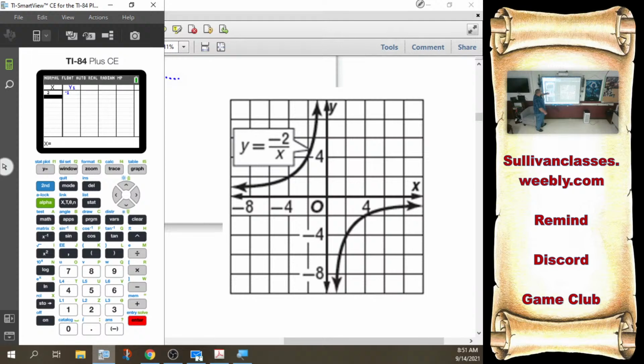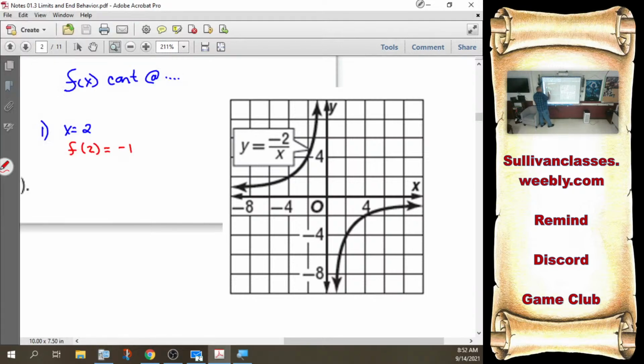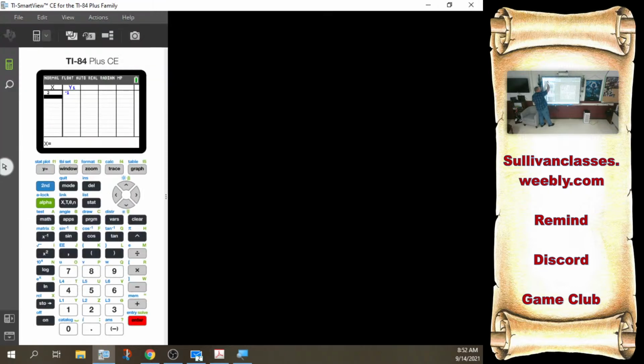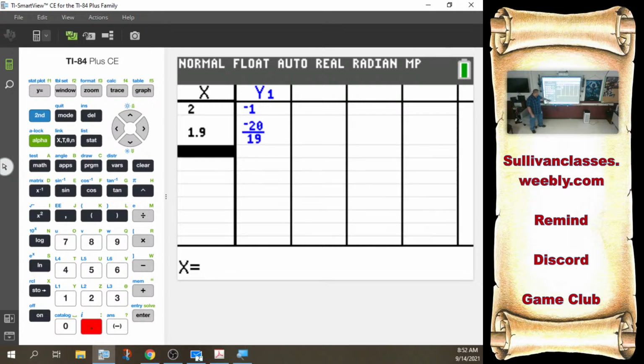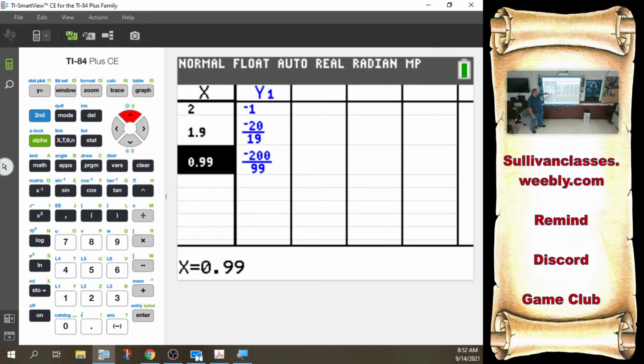Next up, oh, back here. Part B, does the limit of my function as x gets really close to 2 exist? This is why the book writes out the table. This is why we just want to use the calculator. I'm going to get really close to 2 from both sides. So I'm going to see at 1.9, 1.99. Oh, come on. I said 1 point.